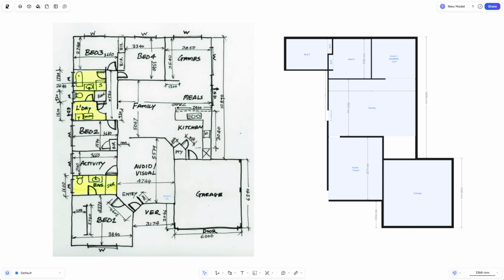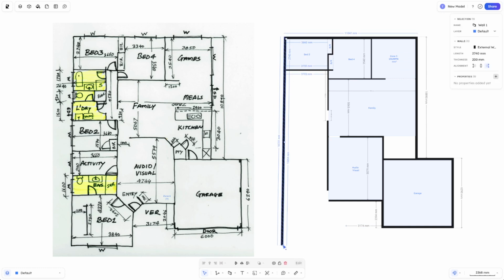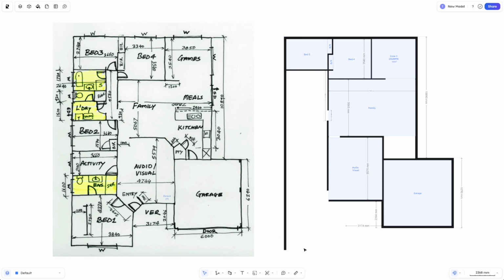Yep. Then what we need to do then is work out, if we go here and we do 3,174 and then make that bigger so we can see it. Okay, so we know that that dimension here now should be that. So let's have a look, because this wall is going to basically come all the way down. So if we bring that down to just there for the time being, we can work this out as we go. So if I now take that, this wall here, as it comes down to this point. So what we can do is snap the bedroom up against there, and then we angle through there down. So if we overlay that,